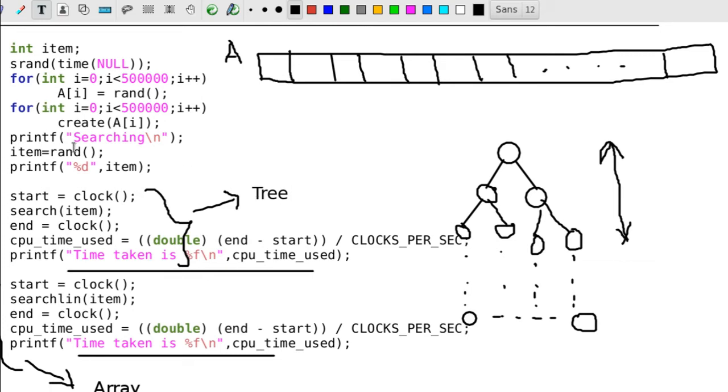In the first case, we will be searching for, say, the 11th element.